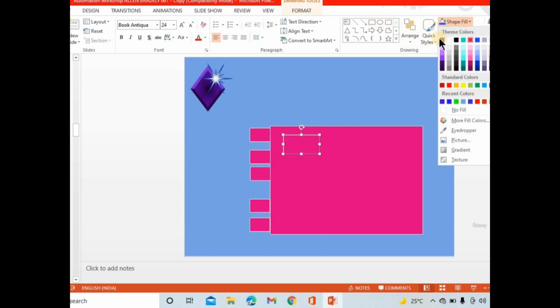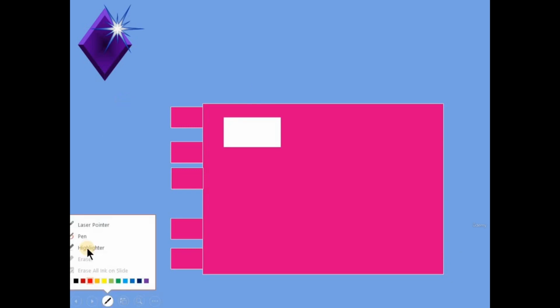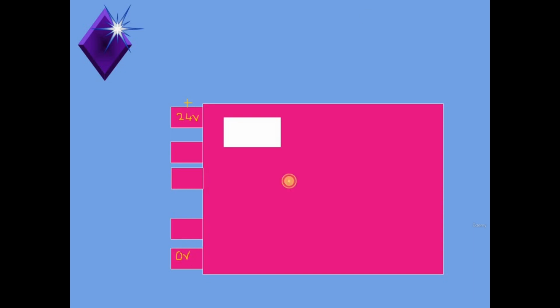Change the color so that... see now. Okay, I'm just going to provide the names here. The first terminal will be for the positive power supply, 24 volt DC actually, right? Here I am highlighting this is the positive one, and this one is the common. Here I am writing 0 volt. Okay. So first of all, we are going to see about